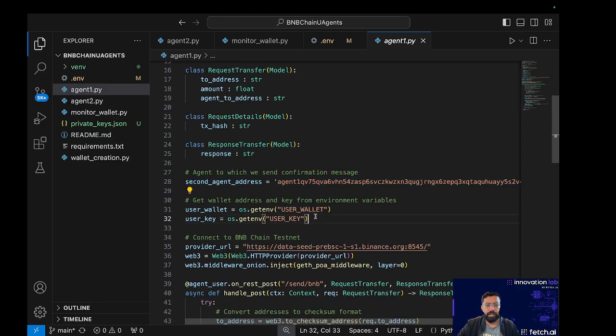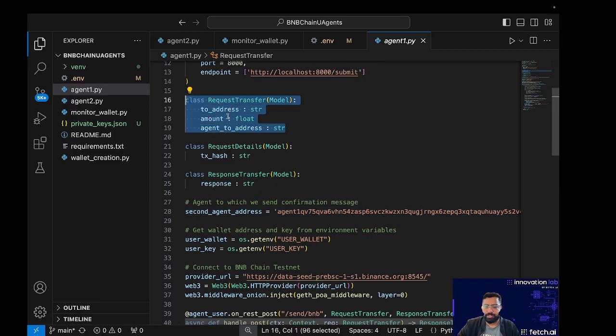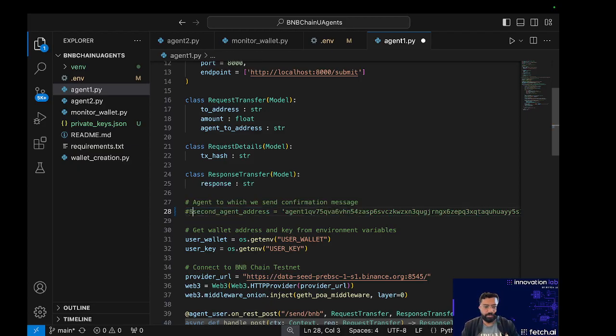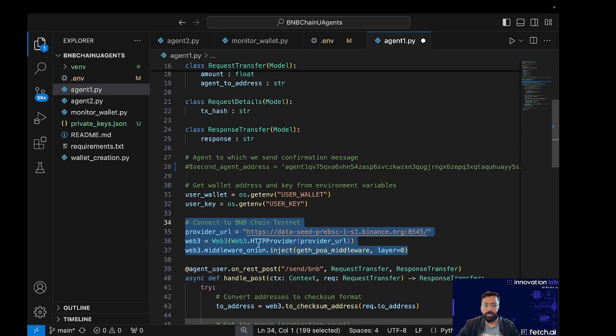Now we are getting the user wallet and user key from the .env file, and this is the address. I've just hard coded it as well, but it's not really required. You can send it in the post request, which you will be doing. I'll just comment this line out, that's fine. Okay, now we are connecting this whole thing to the BNB Chain testnet using web3, and then we have on REST